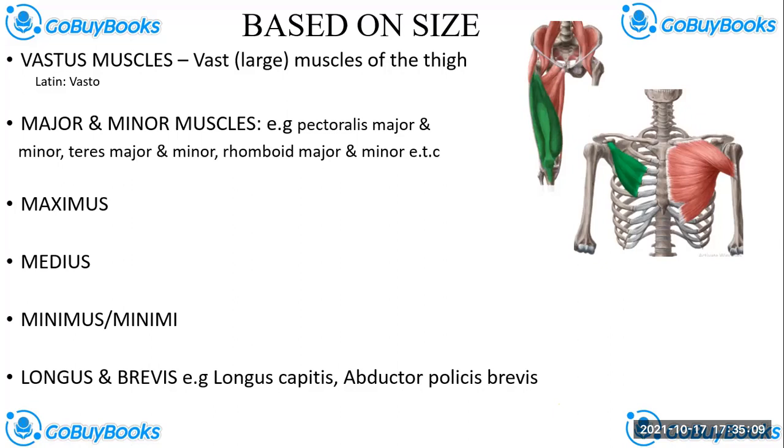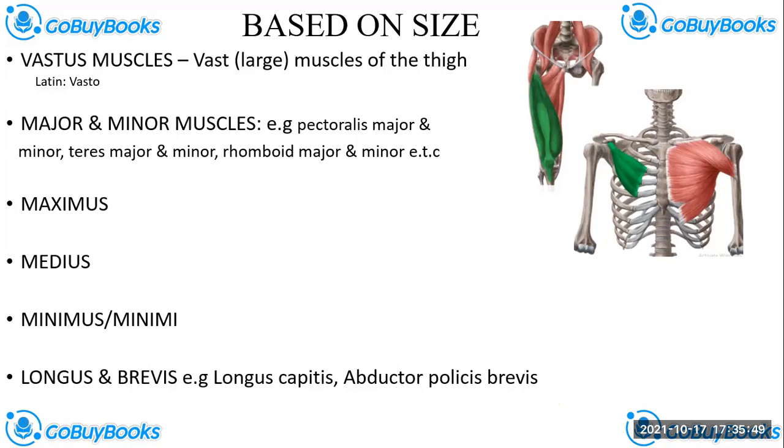So the pectoralis major is the main muscle. That's where our breasts, male or female, lie on. So it is the big one, pectoralis major. The small one that is beneath the major is called pectoralis minor. If you want to translate pectoralis major to plain English, it just means the big muscle of the chest or the big muscle of our breasts. Pectoralis minor, the small muscle of our chest or of our breasts, depending on whichever language you want to use.